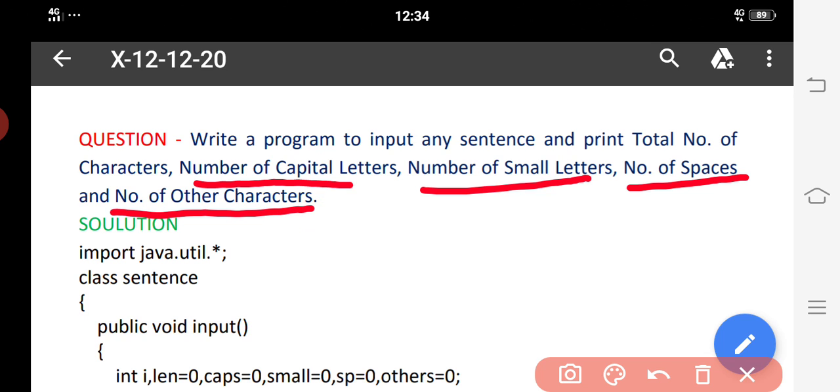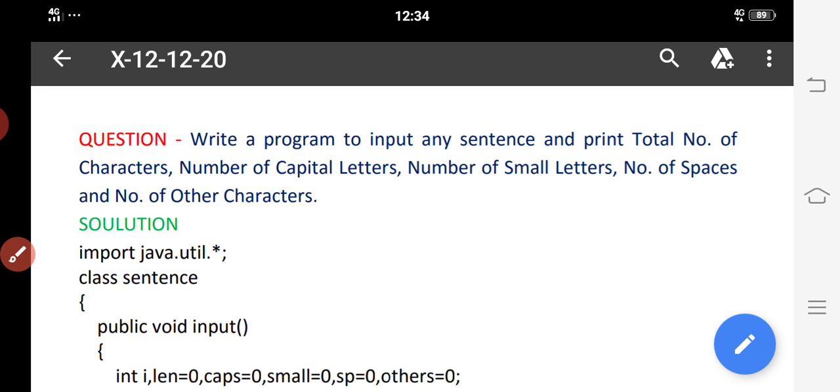I think all of you know that whenever you input any sentence, it is a mix of letters, meaning characters you have on the keyboard. So a sentence contains capital letters, small letters, spaces, digits, different types of things we can write in the sentence. So this is your question, and such a type of question is known as string handling or string manipulation. Here we are just going to manipulate the string.